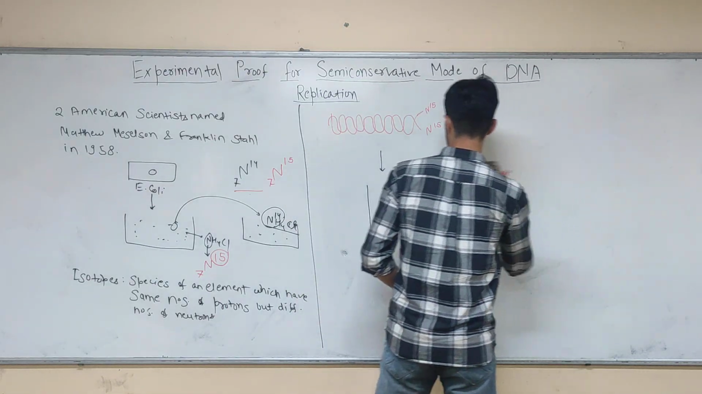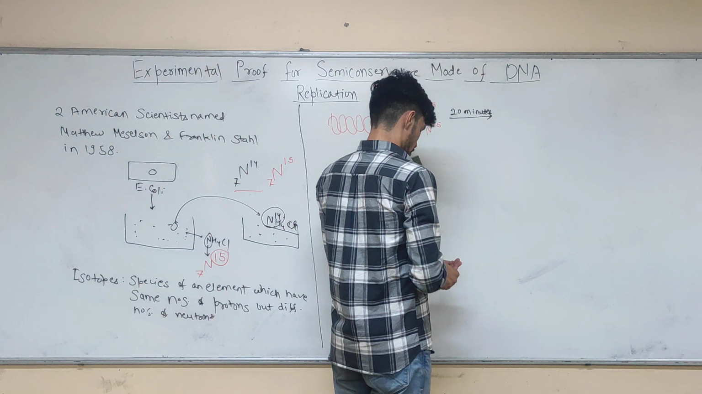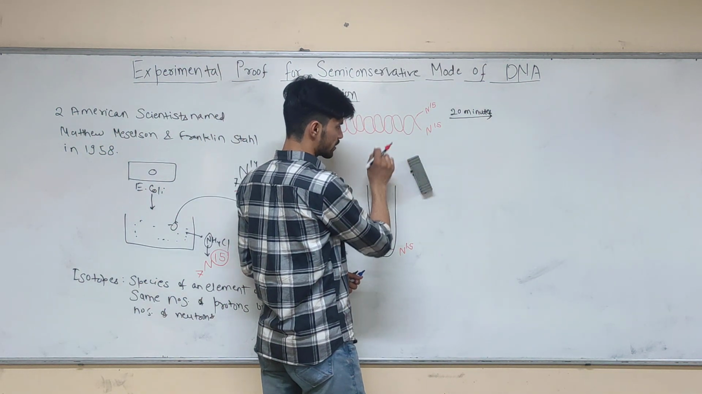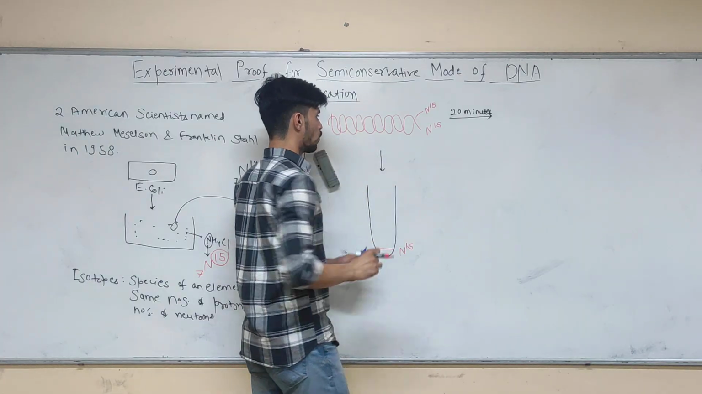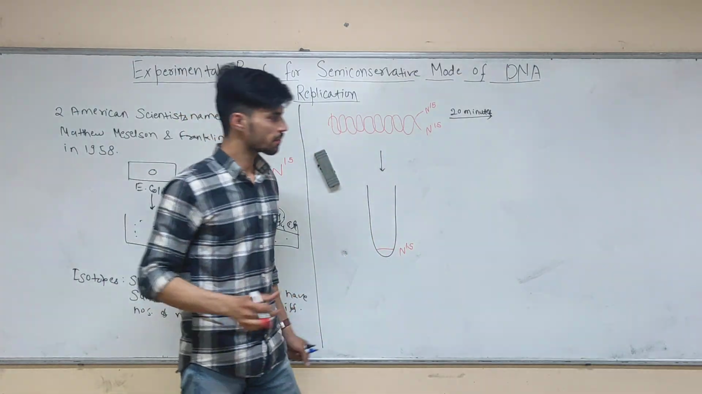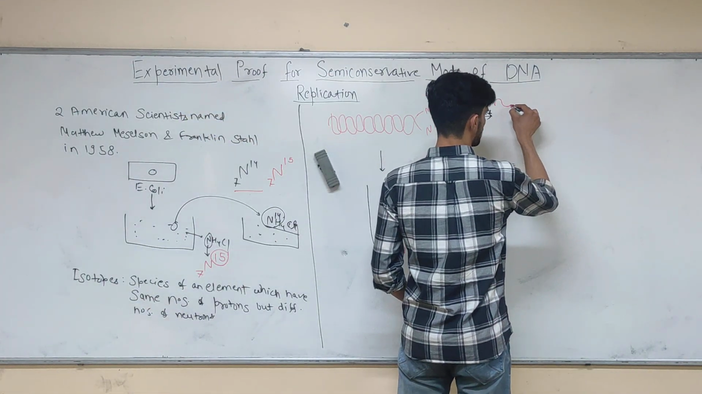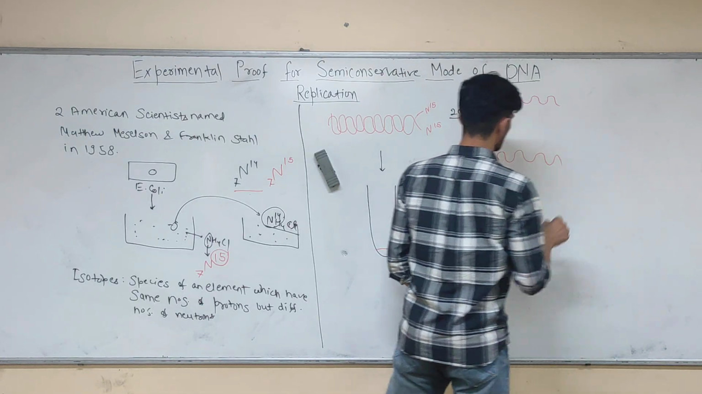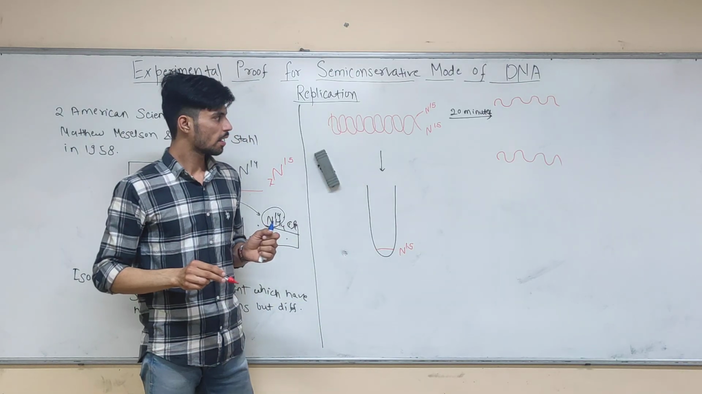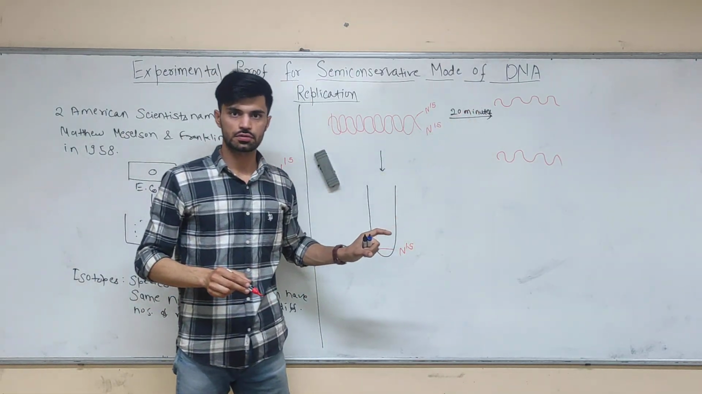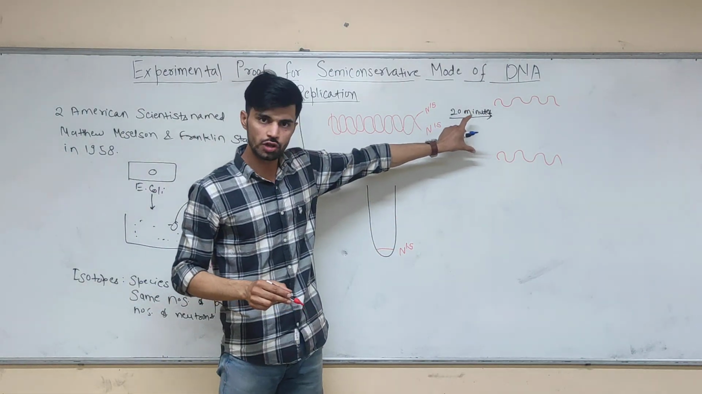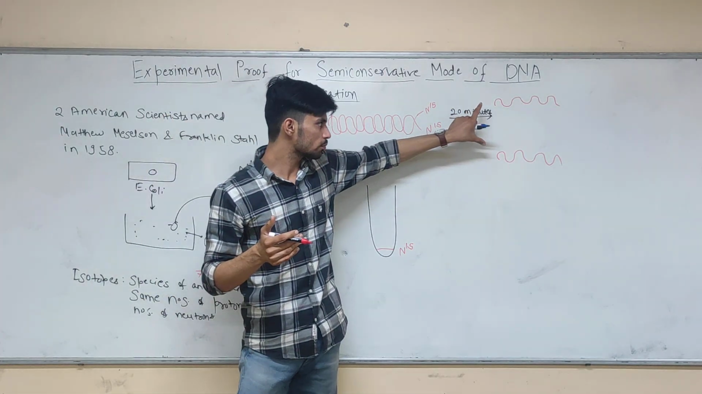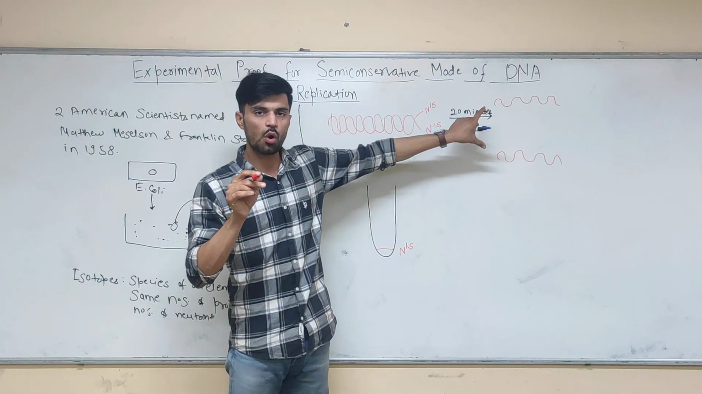Here, if this E. coli divides, then first of all, both the strands will separate. So I will separate here both the strands like this and like this. And then these are the parental strands. It means 50% will be conserved, and the newly formed strands complementing to these two strands will be of N14